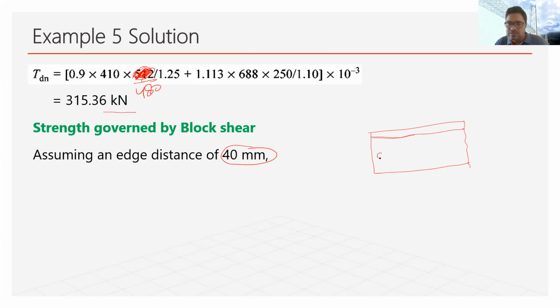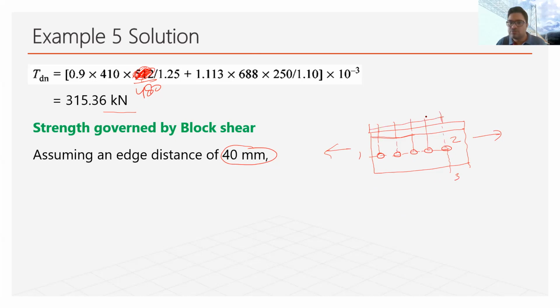So in this case, if the bolts are like this, 5 bolts we are providing. So in the block shear, the section will be this one. So this will be section 1, 2, and this will be 2, 3. So force will be like this, along the line 1 to 2. So again, we have to find out these values.